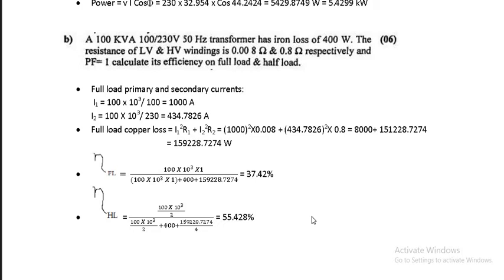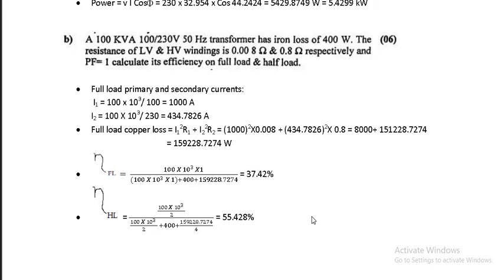Okay, so you can see over here it is 100 by 230, that means it is a step up transformer. But you can see the current's value steps down, so 1000 by 434.7826. Unless specifically mentioned, whenever I say step up or step down, it is always voltage. So when I say step up transformer, the secondary voltage is always greater than the primary voltage. When I say step down, the secondary voltage is less than the primary voltage, right? So whenever I say step up or step down, generally it is always the voltage.